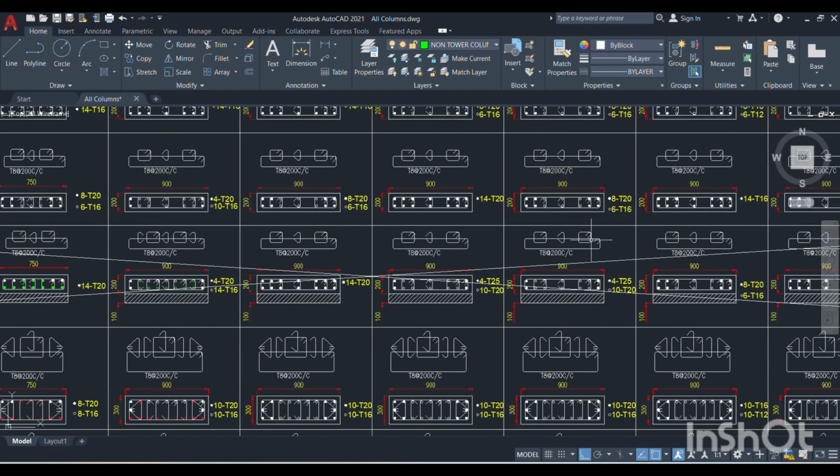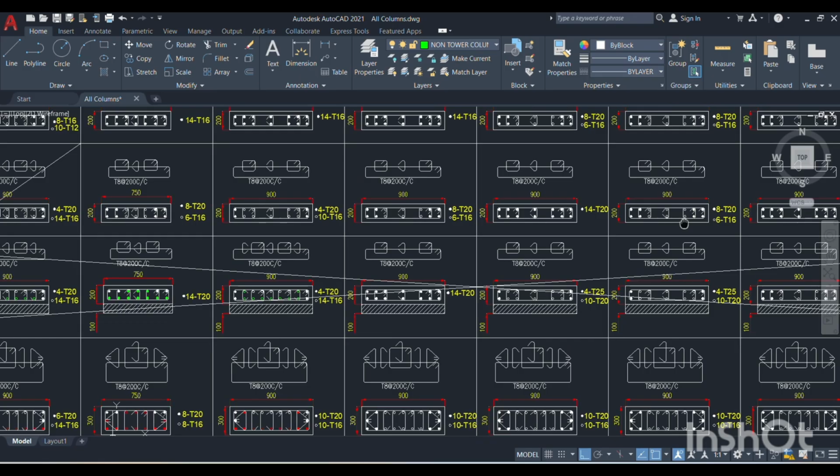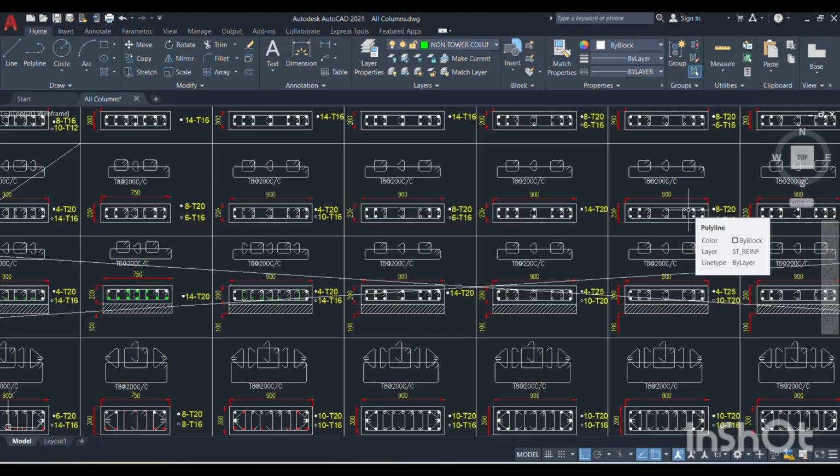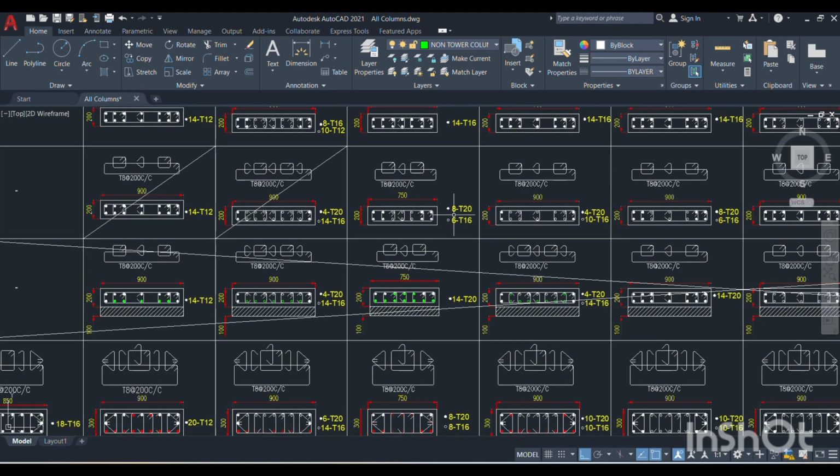C8 is there. 816, 820 and 616. 820 and 616. C4, C6 and C8, 820 and 616. And you see the 820 and 616, here you see what we are going, this is